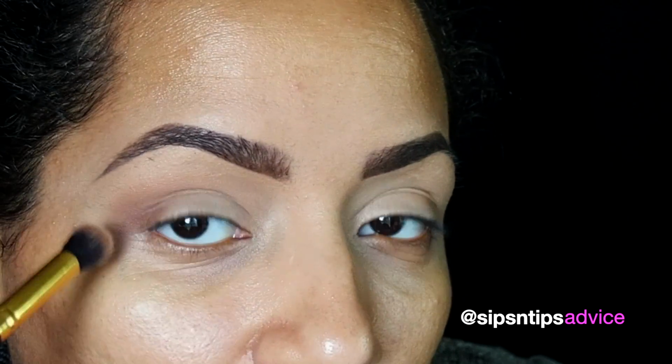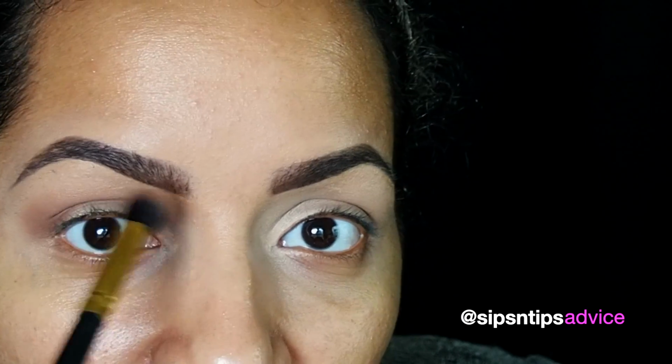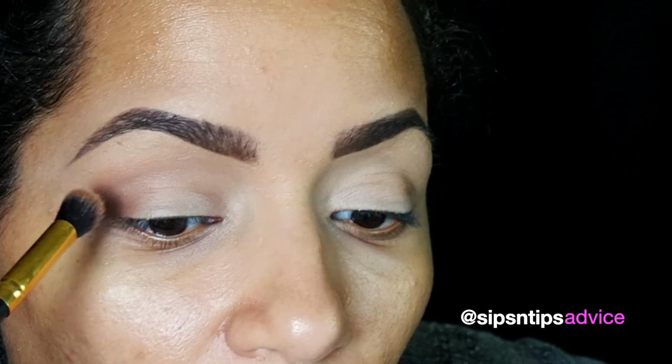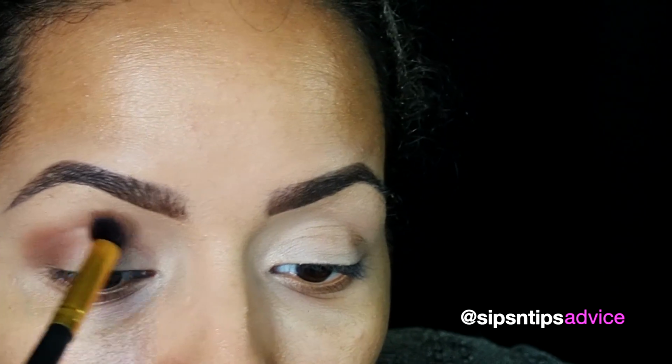The goal is I want to get off majority of the eyeshadow product in this corner. I don't want to get it all the way here. Then I really have to work on blending it. I'd rather start from here and then add on as I go. Add on some more product onto the brush and dab it on again. And then you see it's intensified the look. And now I'm gonna